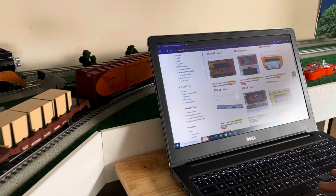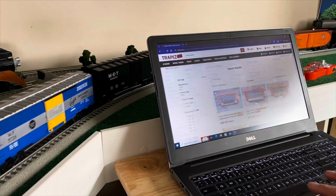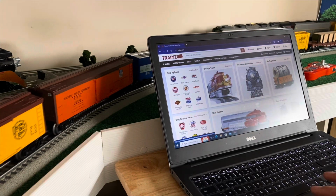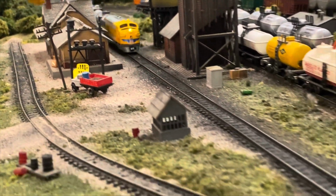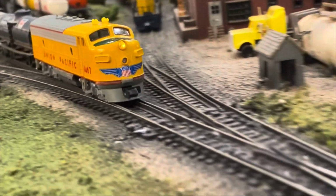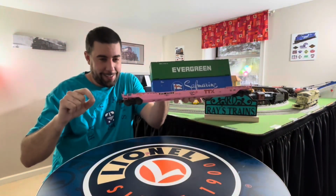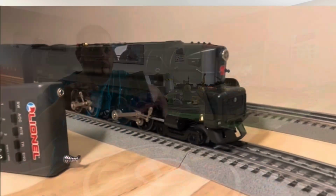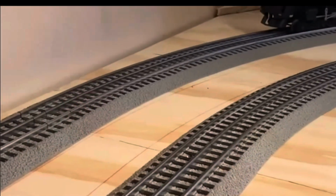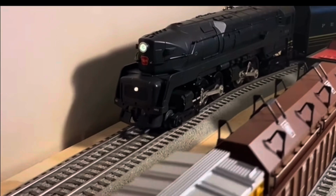So, I've told you how to search for stuff, how to save money with it. So that's all there is to it, right? Nope. The third and final tip is utilizing their fantastic customer service department if something isn't right. They're usually really good about testing stuff out, being accurate with descriptions, and noting any issues with the product. And thankfully, you can return stuff, or better yet, take them up on a chance to repair it. I've mentioned in a previous video, but a success story I have from them, even before I was an affiliate, was when I bought my T1 duplex, and it wasn't running right. It was a big purchase, a Lionmaster TMCC engine, and not exactly one that was easy to come by,